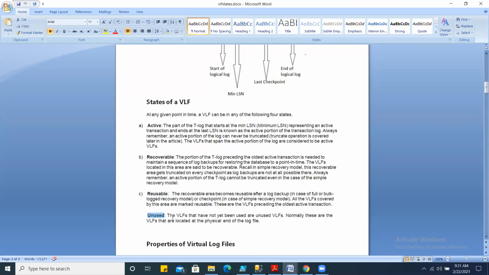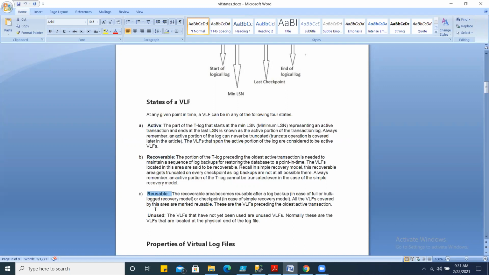When a transaction is written in the VLF and is running, the VLF state is changed from unused to active. When that transaction is completed, it becomes recoverable. And when you take a transaction log backup, the state of the VLF changes from recoverable to reusable. When it becomes reusable, it means that another transaction can be written into that VLF.